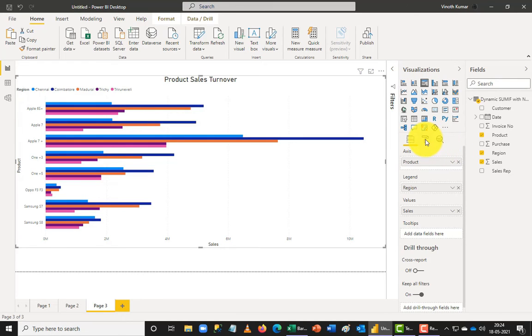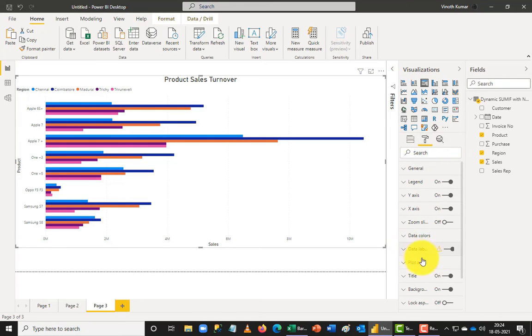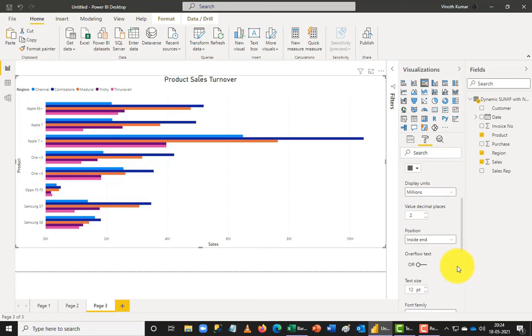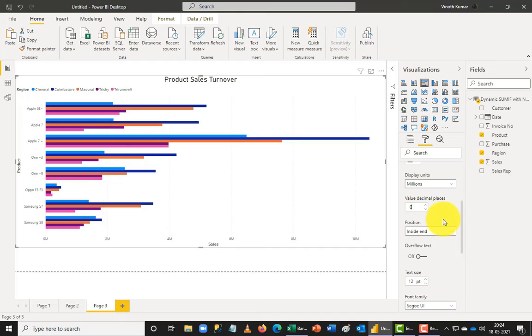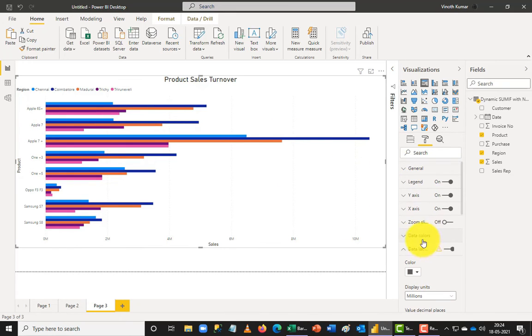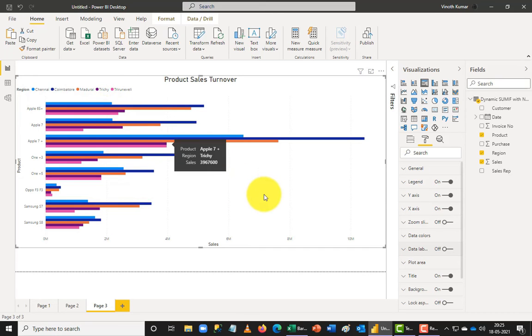So now I'm going to come back to my format, and you can see that the data label addition is not really going well. So I'm going to switch it off and switch it on again, and you can see that it is showing you a very different logic. So it's not showing me the data part here very clearly, so I cannot use the data bar here effectively. So this is going to show you the data part once I place the cursor on top of our list.